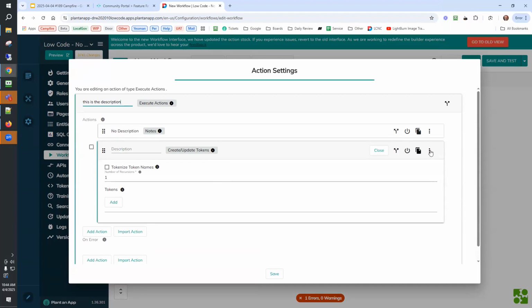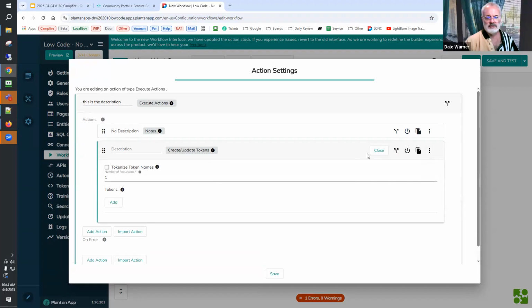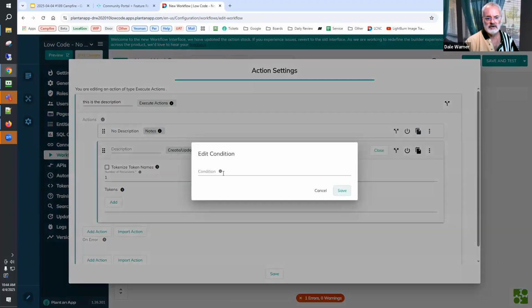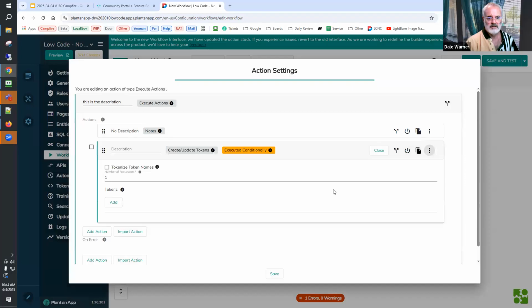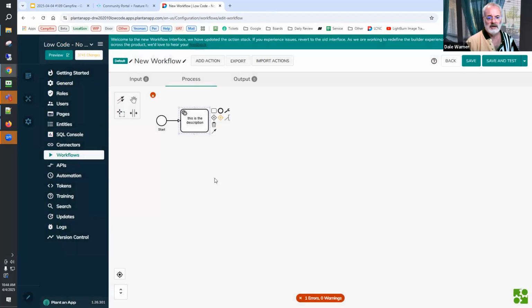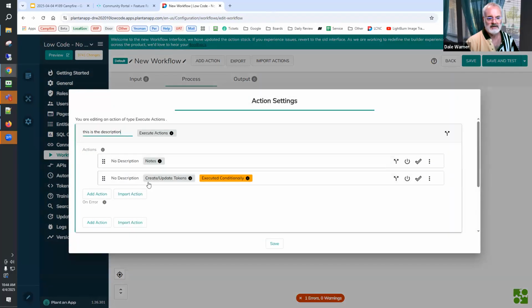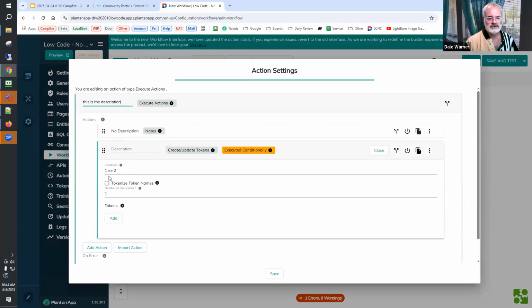I appreciate you giving that attention. It can be collapsed by default. One of the things that we do, like right now with conditions, is when you put in a condition and we reopen it, the condition shows up.